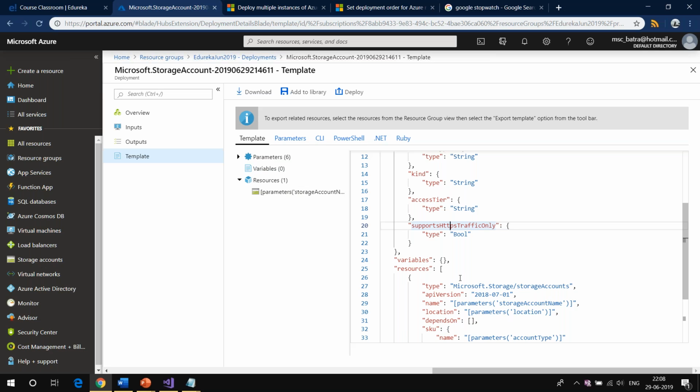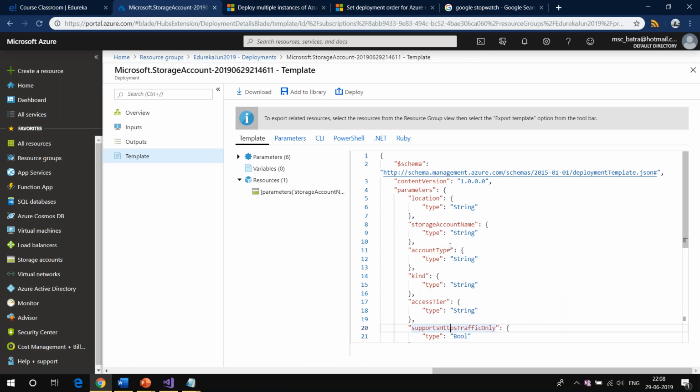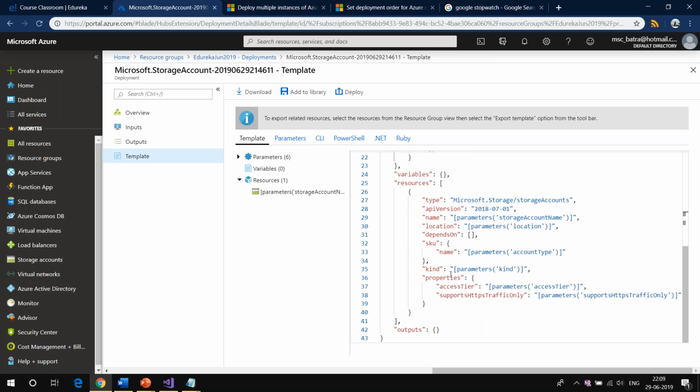And remember, anything you are creating in Azure is being done via ARM templates. That is why it is important to understand each and every piece of the ARM template. Let's see how we can create this ARM template by hand.